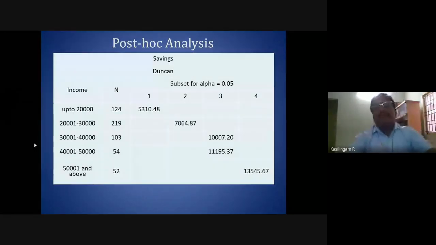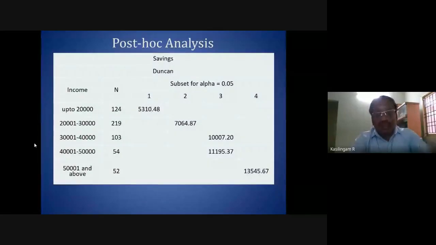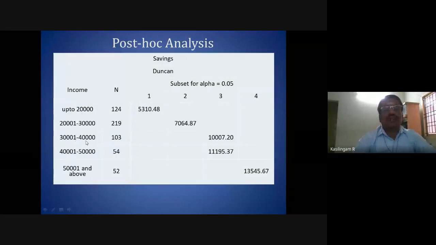People used to ask me, sir, how have you learned this? Whether we have studied books or not, we can learn by merely looking at the screen, at the output. Now look at the output. The first column is income: up to 20,000, 20,000 to 30,000, 30,000 to 40,000, 40,000 to 50,000, and above 50,000.